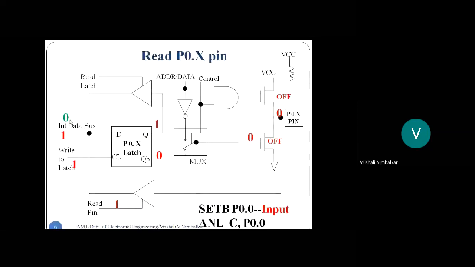Okay. Why did the lower buffer enable? Because only a read operation was happening with the pin. Okay. Now this logic 0 is taken internally, sent to the ALU. Inside that ALU, it gets complemented and will be placed, it is MOV C, right? This logic 0 will be placed on the carry flag.